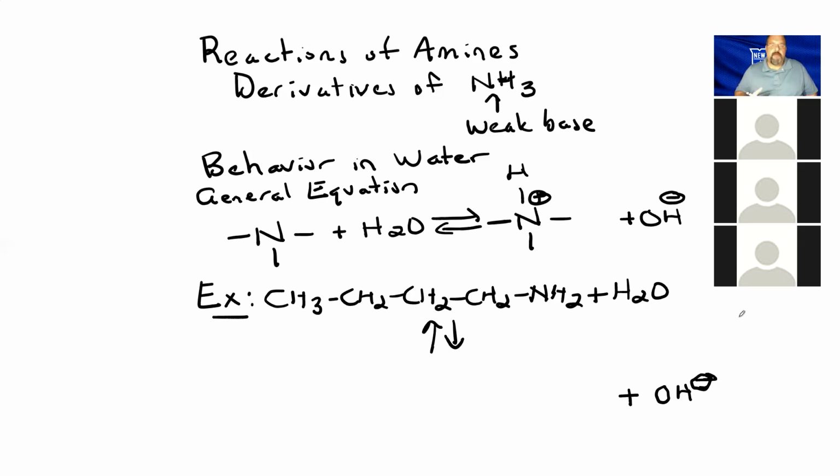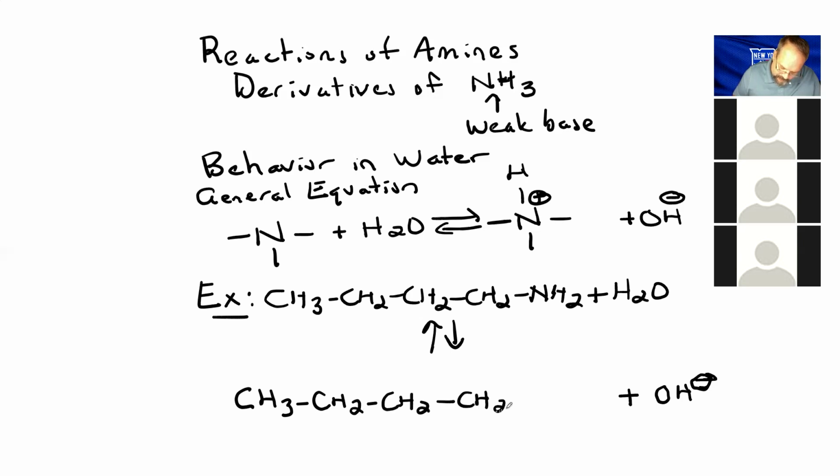You're going to have to remember that the amine is going to behave as a Bronsted-Lowry base. The nitrogen of the amine is going to behave as a proton acceptor. So it's going to pick up a hydrogen from water, and that's why the water becomes OH minus. So to draw the structure of the main product, everything is going to stay the same